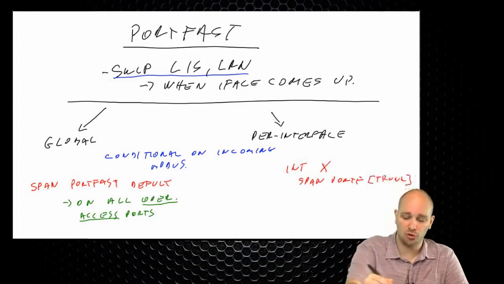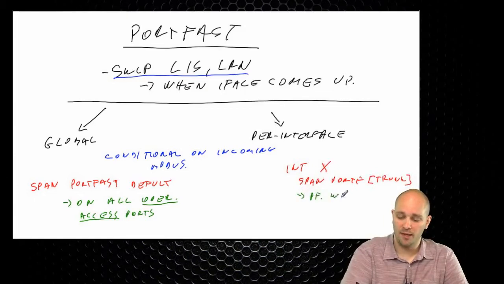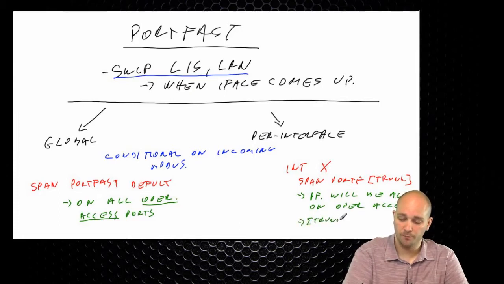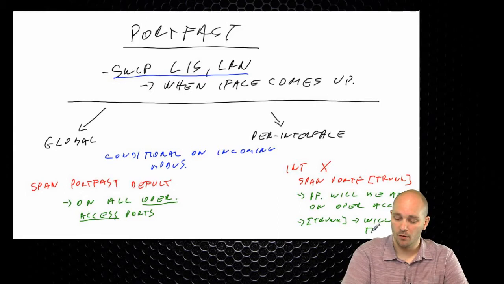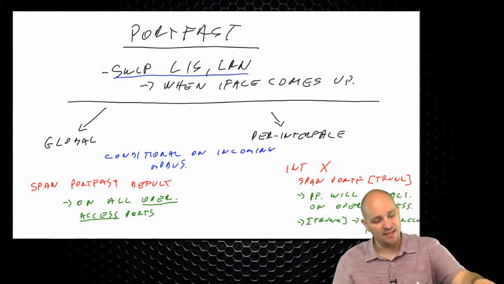If you do not configure it, Portfast will be active on operational access ports. Now, if you configure trunk, it will include trunks as well. Now, what I mean by this is, let's say that you had